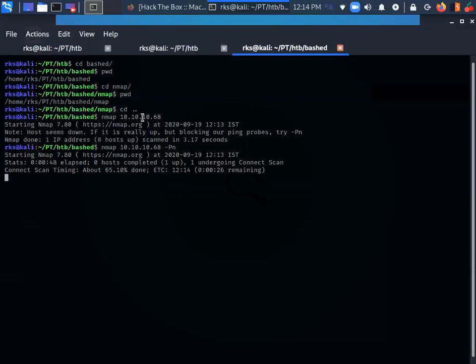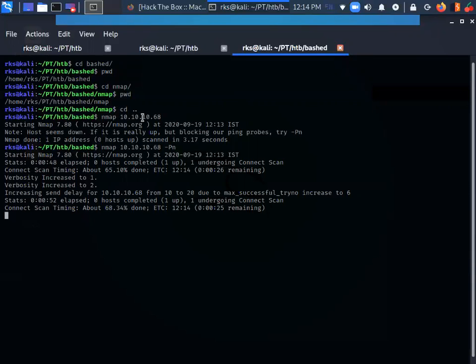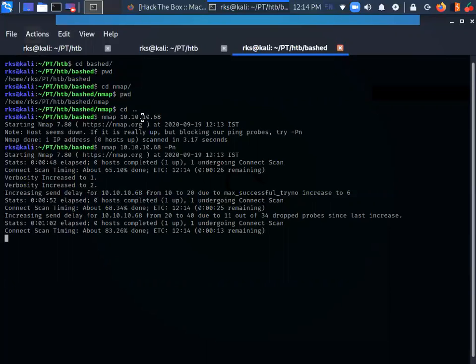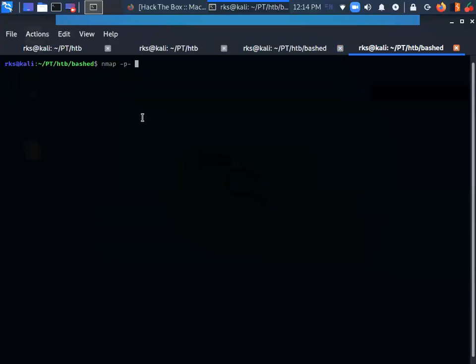Still running, 65% done. Meanwhile, behind the scenes, we can just run a full port scan as well.